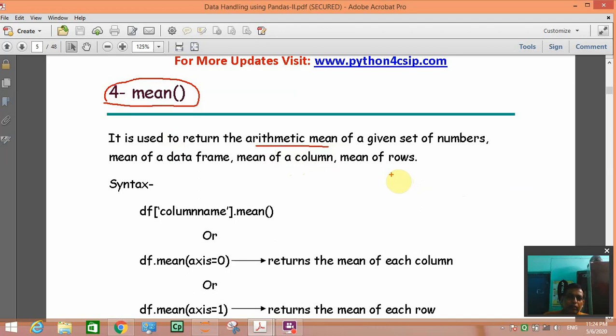You already know what is average: the sum of all the numbers divided by the total count of numbers. So it will give the average, nothing else.